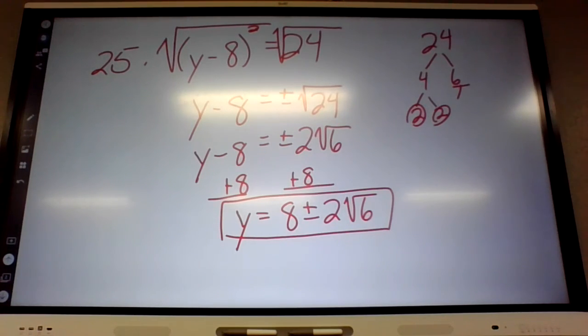It would be 5y plus 4. And, okay, and that's just 4. Okay, then put y equals,